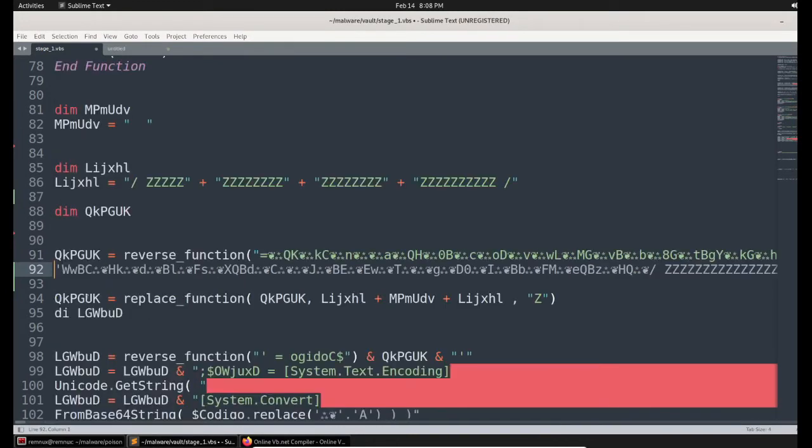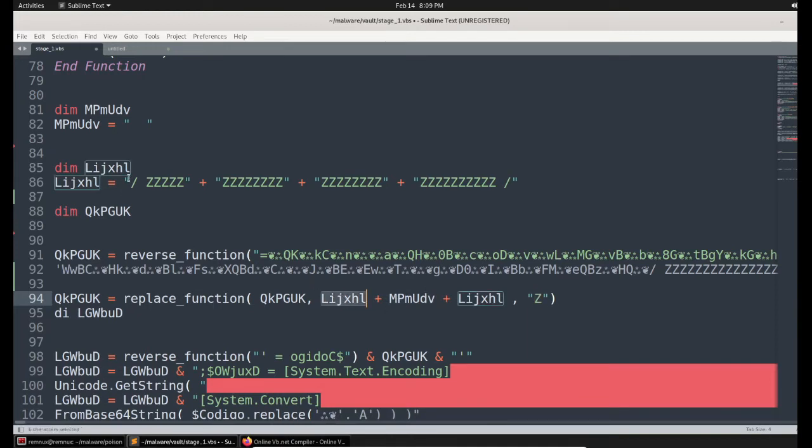Okay. And the next thing is they're again calling the same variable, but this time the replace function they are calling, and the outcome we already gained, they are calling it here. And the second argument, they combine these three as the second argument. And the third argument is set. Simply they are going to find these three values and replace them with z. Let's see what are these values.